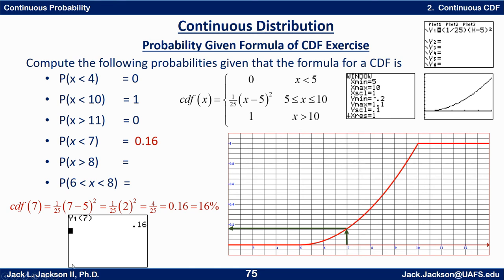But of course on the calculator, once we have our formula in, we put it in like this, 1/25 times (x minus 5) squared as y1. And in fact, we could just put it in like this and only graph it from 5 to 10. Then we see it increasing from 0 up to 1. We use our standard window of negative 0.2 to 1.1 for y's, but we only graph it in the part